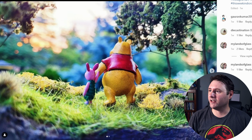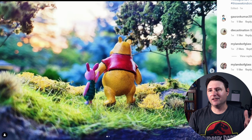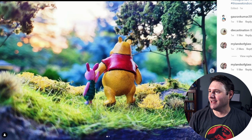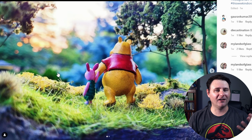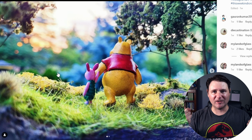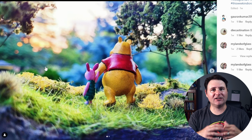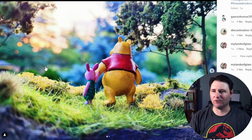Here's another one coming from Fanorama, the 100 Acre Woods. Little Winnie the Pooh action. This is a cool picture. I had to showcase it. I loved watching Winnie the Pooh growing up, and this just brings me back to my childhood. I didn't get to watch much for cartoons, but I did watch Winnie the Pooh every once in a while,